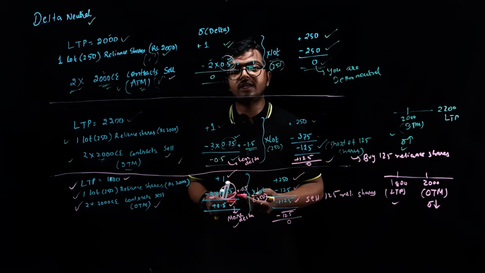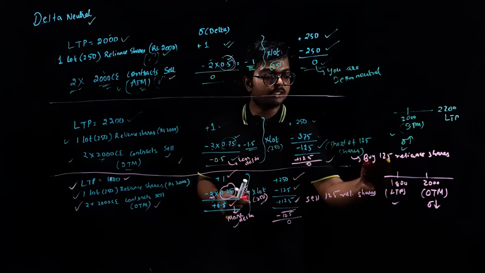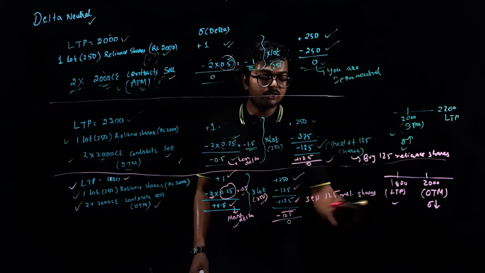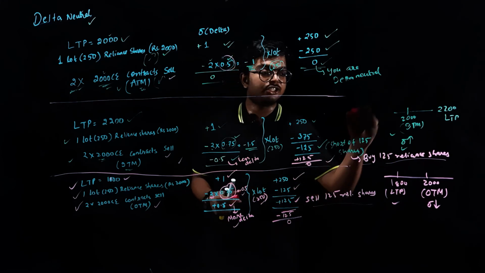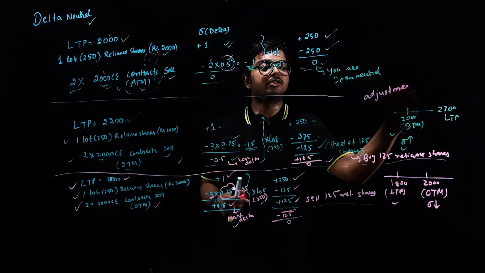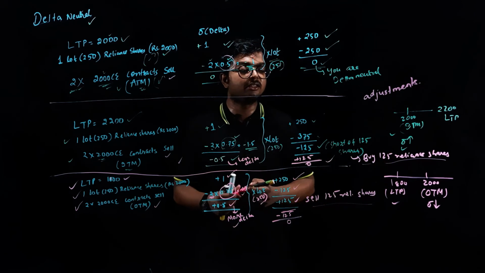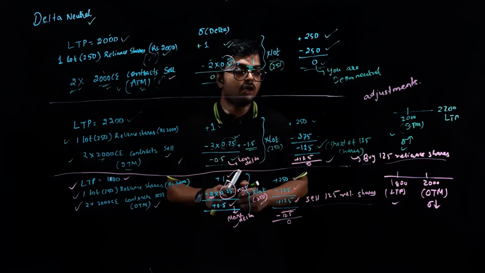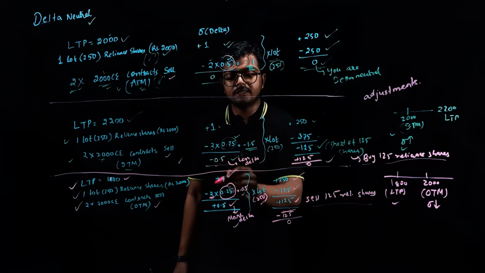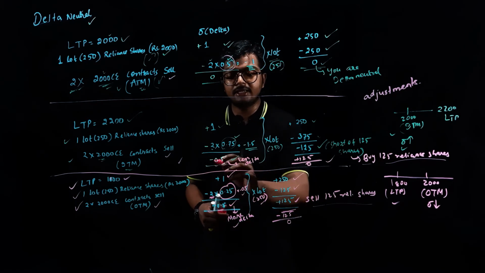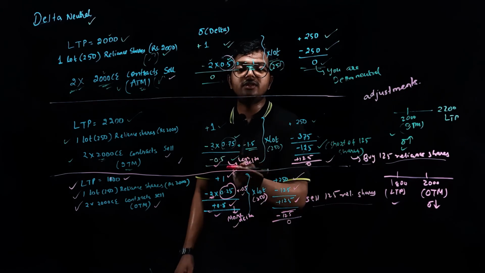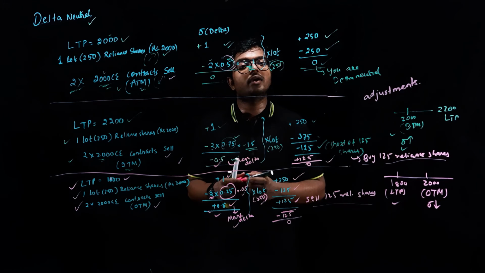So this is also known as adjustment. This thing that we discussed, that you have to buy 125 shares, you have to sell 125 shares, these are known as adjustments that normally people do. Okay, these are known as adjustments. And also I told you that whenever delta is less or delta is more, then you adjust. Now you need to decide when you want to adjust.